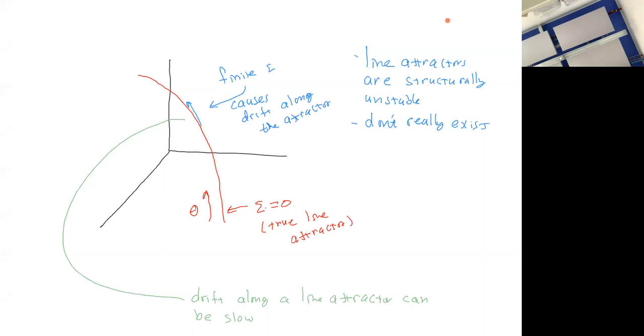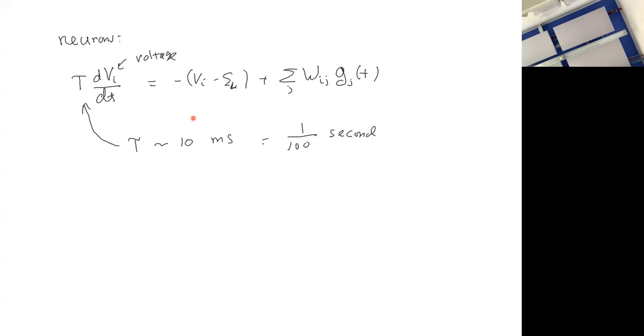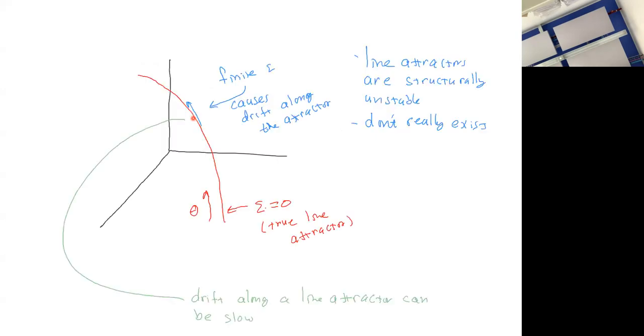You can use it to remember things. You can use it to integrate evidence. If you're getting noisy information, you might want to integrate it to find out. We'll see that in decision making. If a point on the line attractor corresponded to the position of your eyes as you move your head, you might want your eyes to move slowly, and certainly on time scales much slower than the time scale of neurons, which is 10 milliseconds. So even though line attractors don't exist, the key feature of this is that